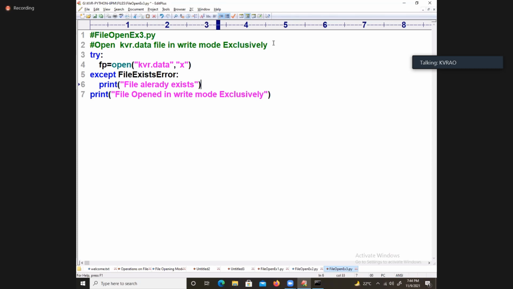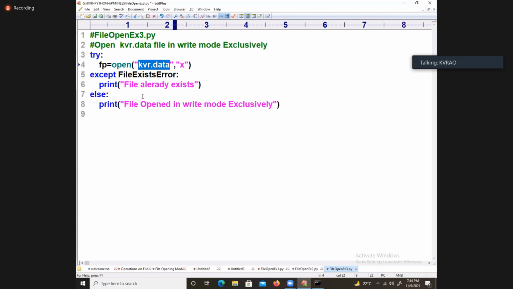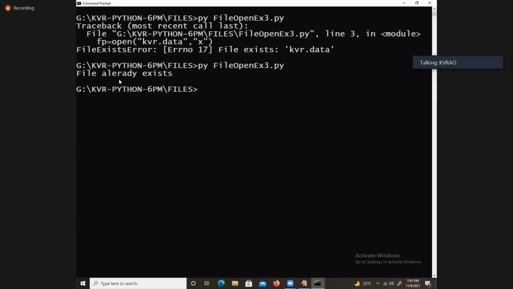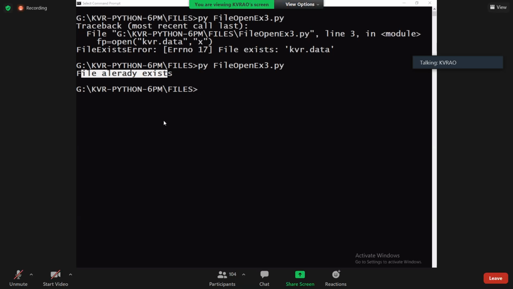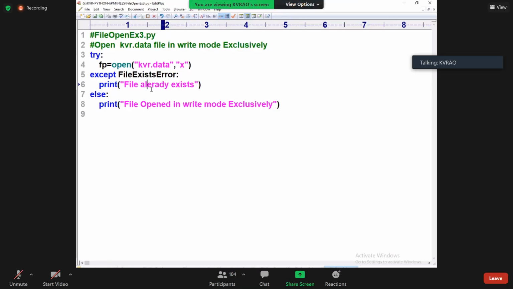Else part I am writing. Else. Now tell me this is done. Okay. Start. kvr.data already exists. File already exists. Okay. See, file already exists. Let me write already. Now I will write